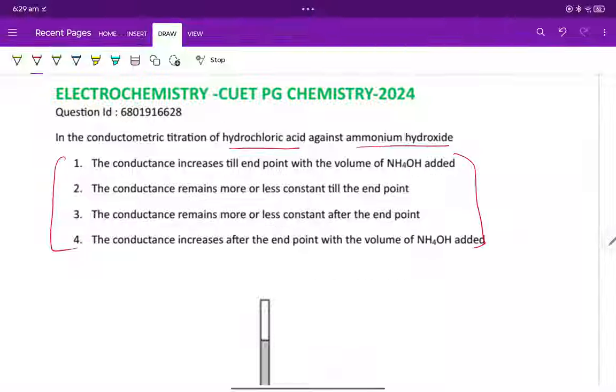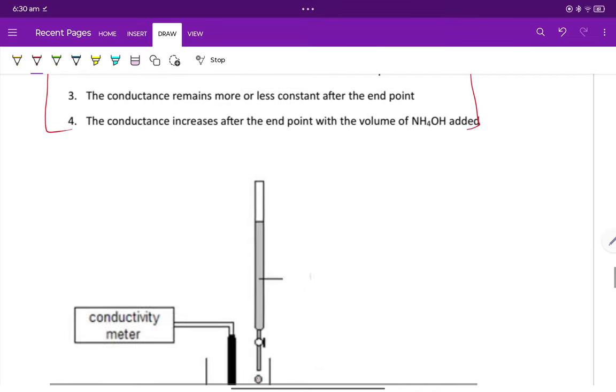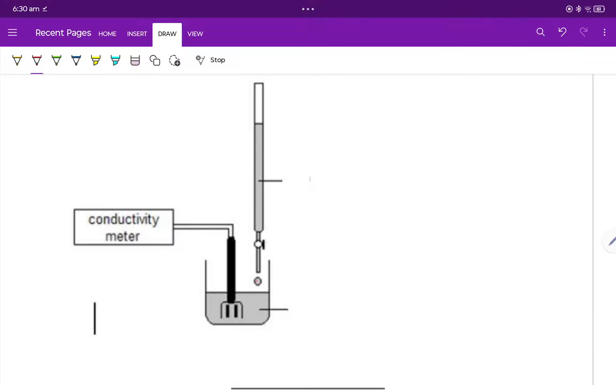So if you see a question like this, first you have to see which one you are taking in the beaker. So it is asked as titration of hydrochloric acid against ammonium hydroxide, meaning to say you are titrating hydrochloric acid in the beaker and ammonium hydroxide from the burette. So for this titration, I'll be taking HCl here and NH4OH here. So now your titration is like this. So first you have to draw a schematic graph,